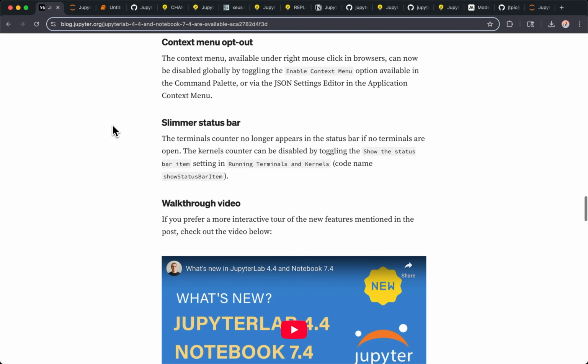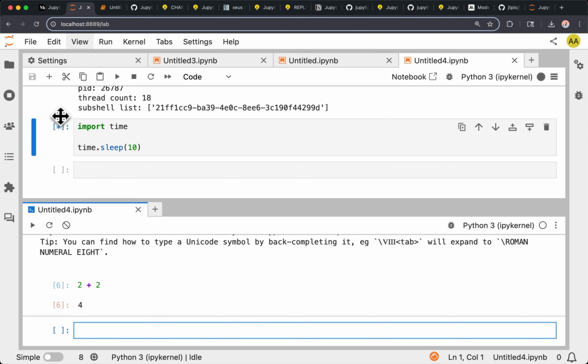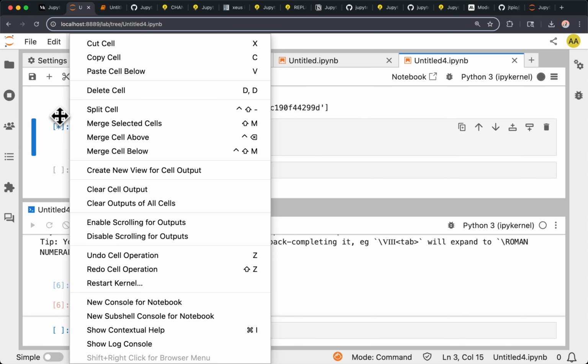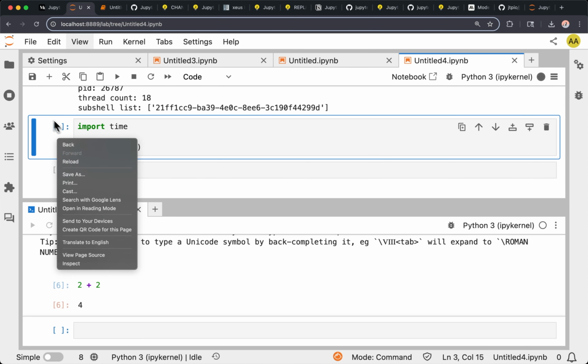Okay, so maybe a couple of other small UI tweaks. Sometimes people complain that if you right click here, you get a context menu, so you can't access the copy from the browser. You can actually do it if you hold the shift key and then right click, and then you get the browser context menu.